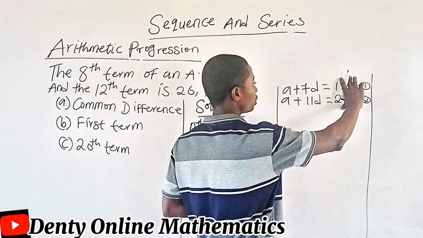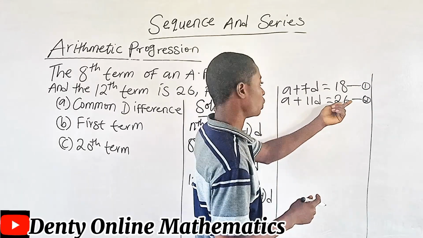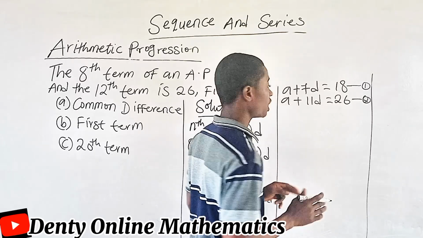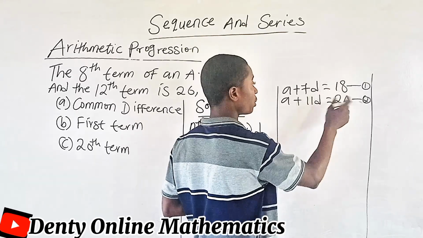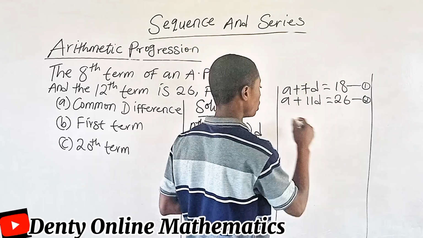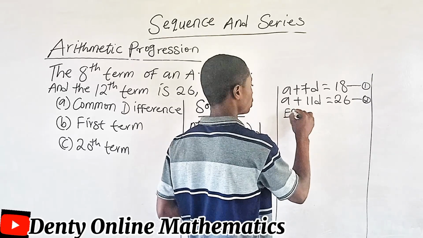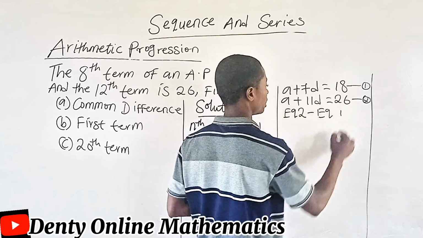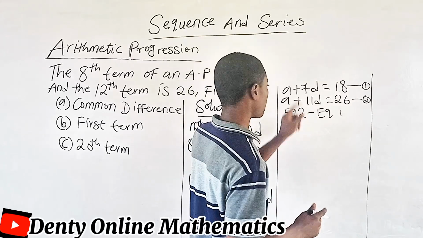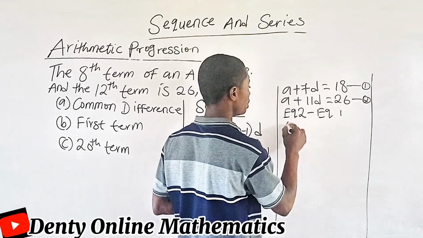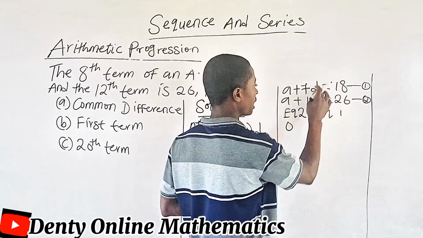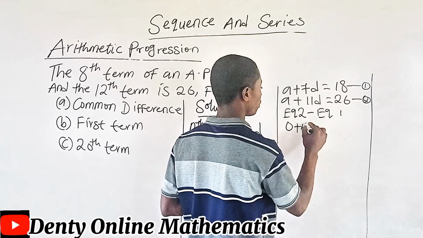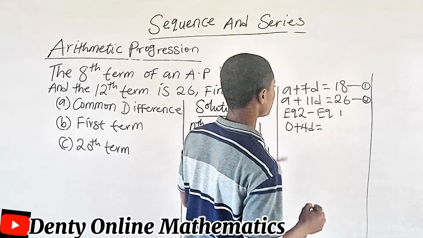Since we have two equations here, we can subtract equation 1 from equation 2. That means equation 2 minus equation 1. So if we subtract, A minus A will be 0. 11 minus 7 will give us 4. So 0 plus 4D will be equal to